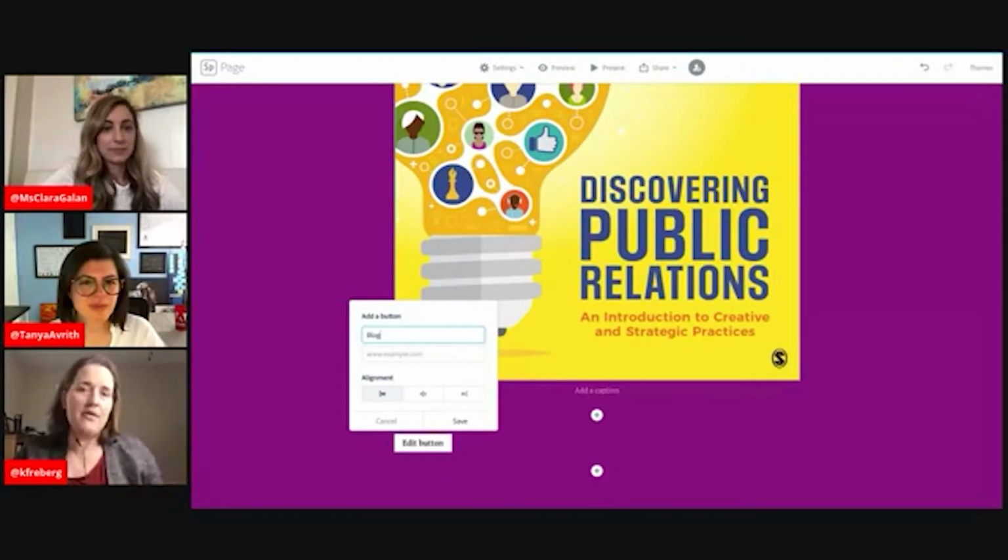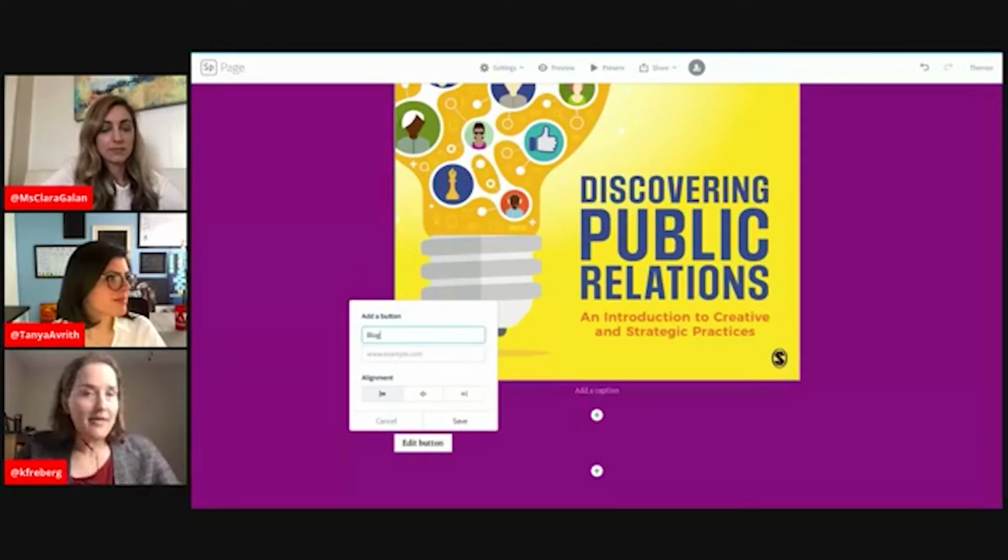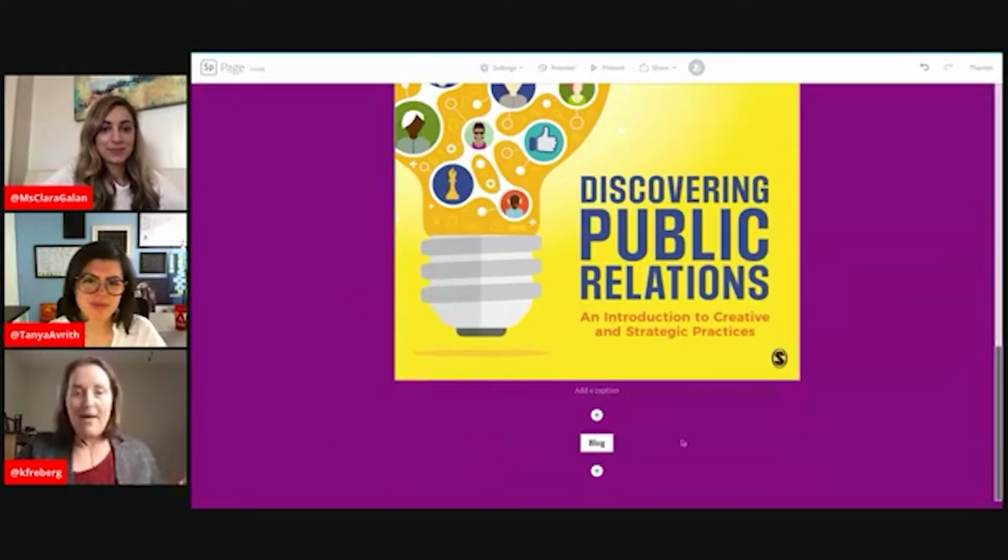And this is important too, because you want to utilize your Spark page as a connective outlet where you are able to show people the various touch points that you have on social. So you can have blogs, you can have websites, you can have videos, you can have all sorts of things. All you do here is add a button, and here's my blog. I can just share the link here and copy there, and then you create a button.